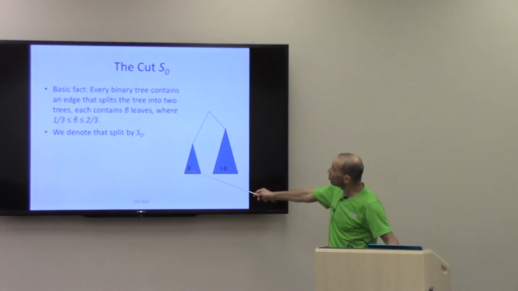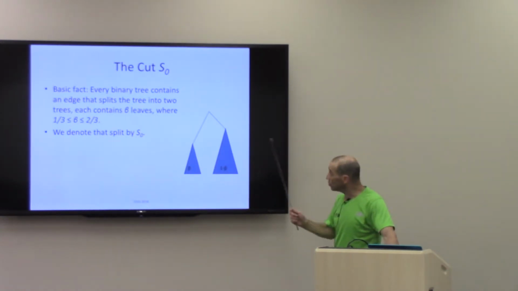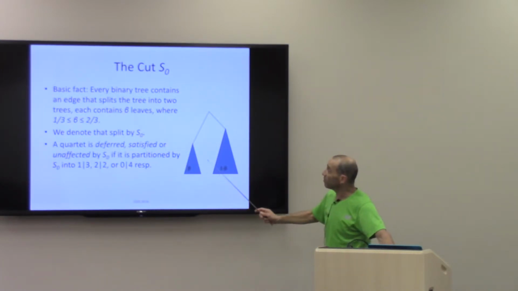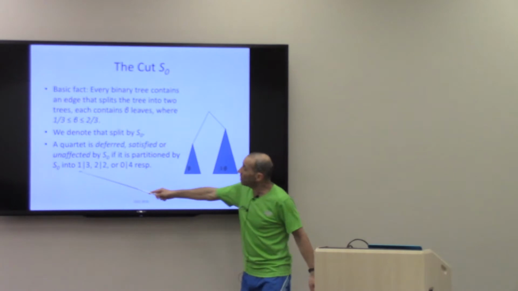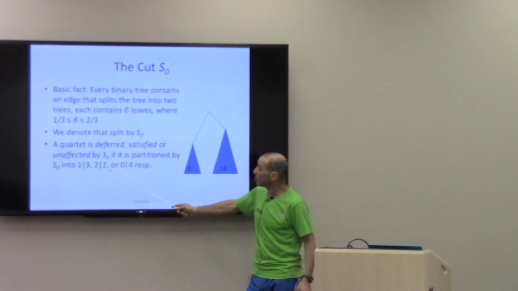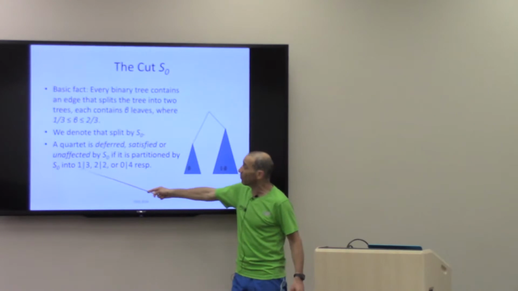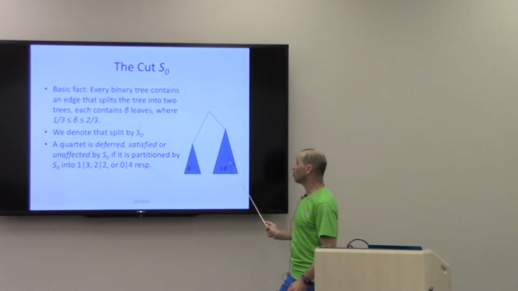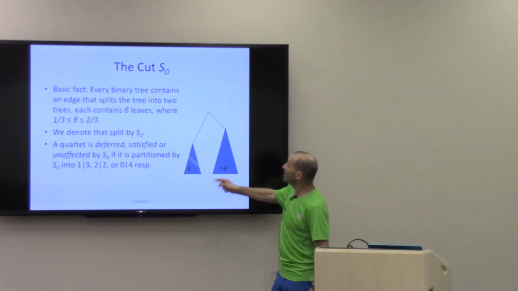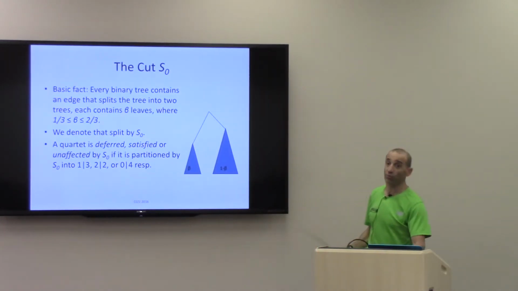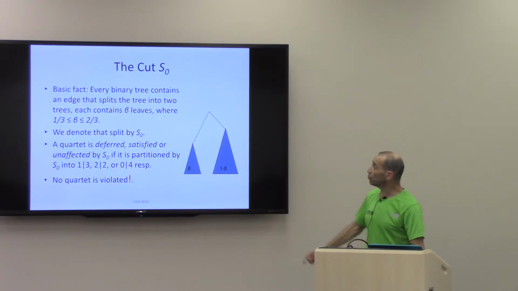And since we know that the quartets distribute uniformly over that species set, we can now know the expected number of quartets that fall 1 to here and 3 to here, or 1 to here and 3 to here, or any type of quartet. We know it in our cut S0. The thing is to find it. And as you remember, max cut is hard. Now, no quartet is violated.